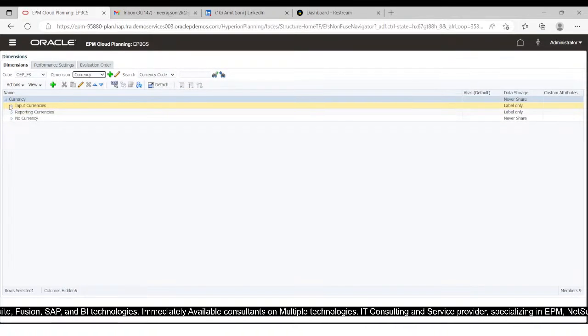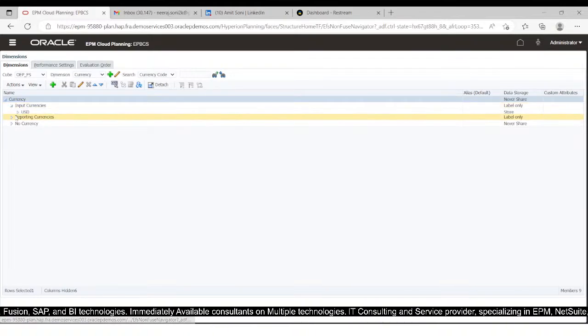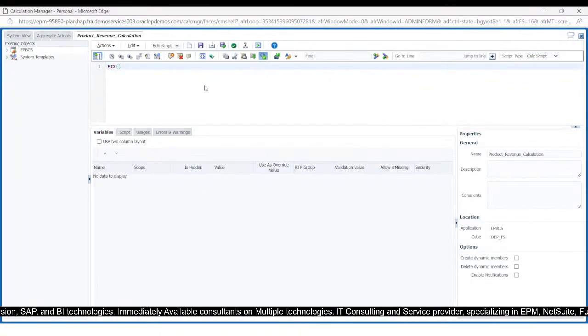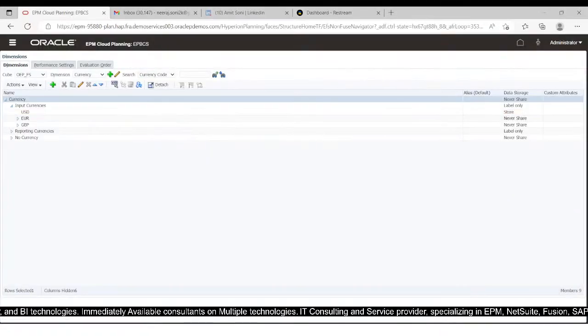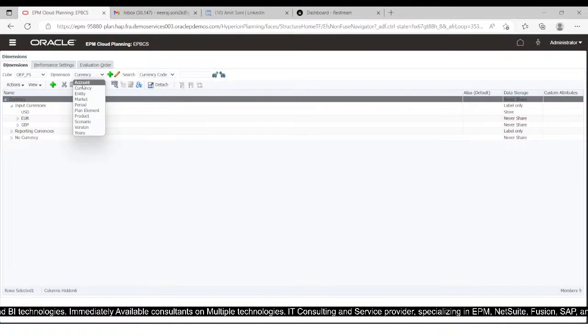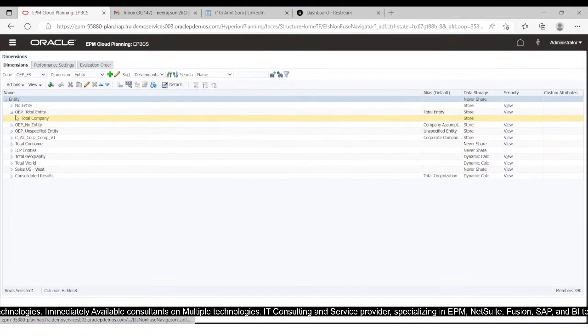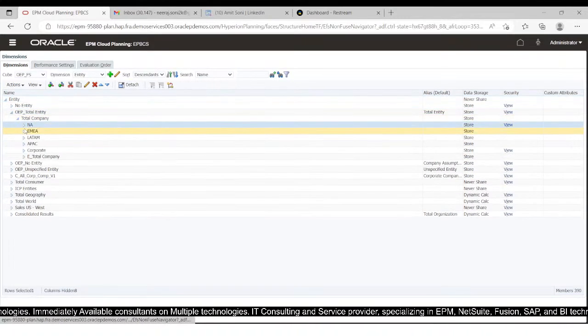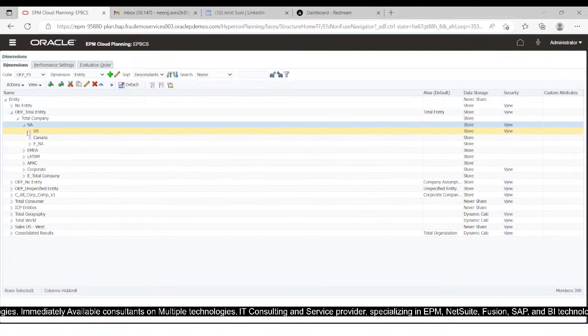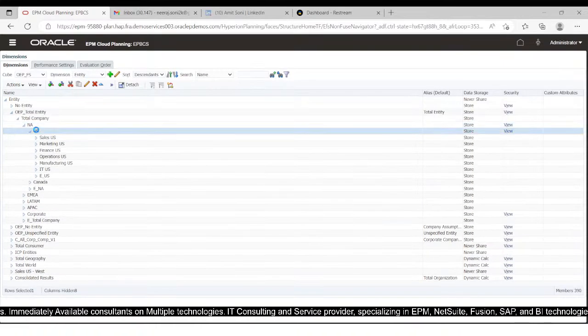For currency, I'm going to fix the USD. For entity, I will be fixing here US,